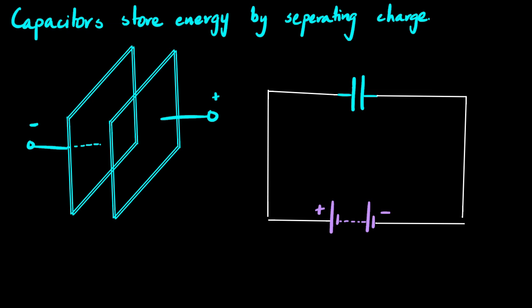So it gives this plate of the capacitor a positive charge, and then this negative end basically deposits electrons onto the other plate, which gives this a negative charge, right? So then you have this idea that you have equal and opposite charges stored on both the plates. So equal and opposite charges